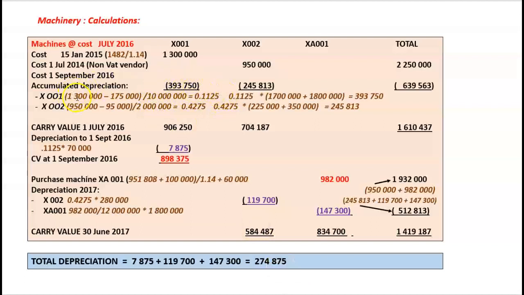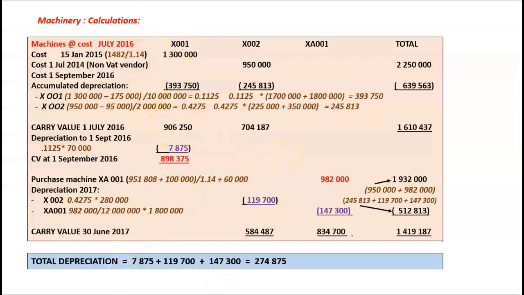Our rate per unit is our cost less estimated residual value divided by 10 million units. So that gives us 11.25 cents per unit, and we have done 3.5 million, so that gives us 393,750. So the carry value of X001 at the beginning of the year,